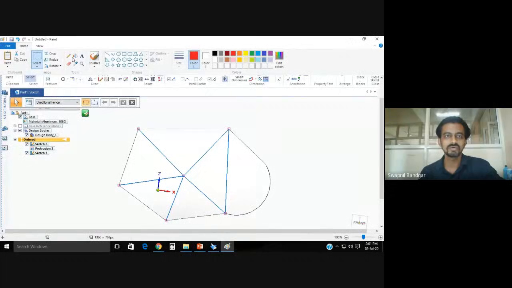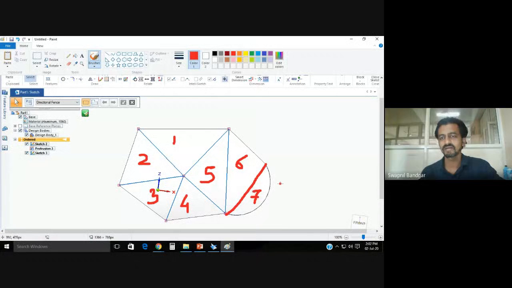So this will be the first primitive instancing of the triangle. This is another primitive instancing of the triangle. This is the third, this is the fourth, this is the fifth, and one more is remaining. This is the sixth, and this is the seventh. So with the help of these seven primitive instancings, we need to define this model.